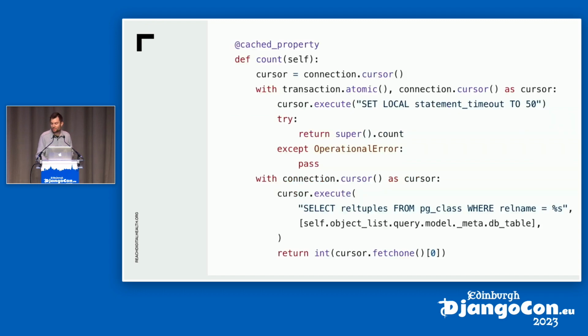So we can put these two things together inside our custom pagination class. We try to do a count of the whole table. If that takes too long, we can then return the approximate count of the table instead. And that solves the two counts that Django admin does and makes our admin page responsive again. We can use it. Great.